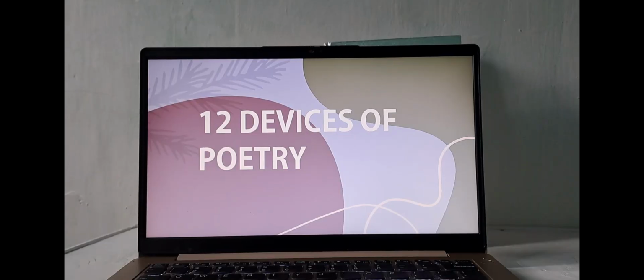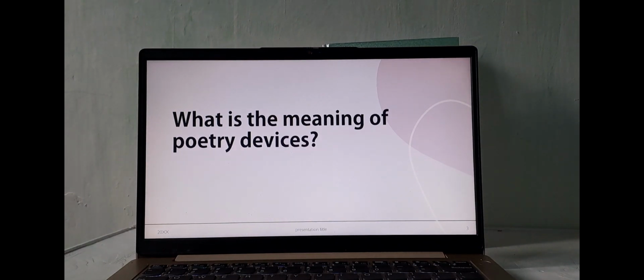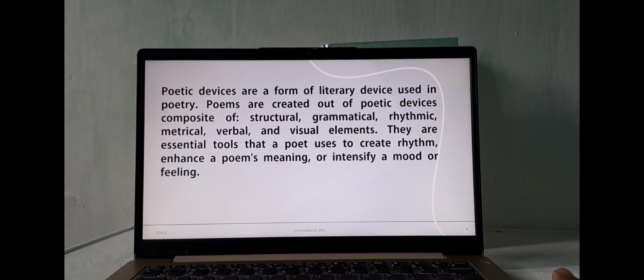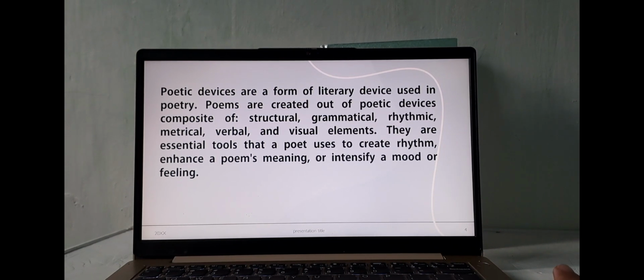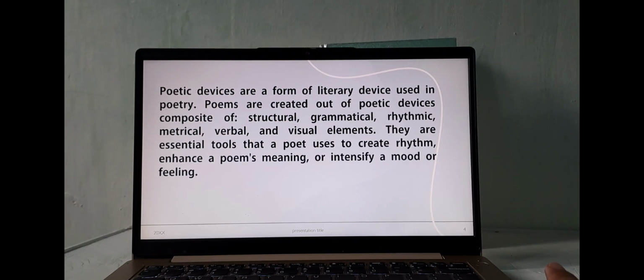I will explain the material about devices of poetry. Number 12. Devices of poetry. What is the meaning of poetry devices? Poetic devices are literary devices used in poetry. Poems are created out of poetic devices composed of structural, grammatical, rhythmic, metrical, verbal, and visual elements. They are essential tools that a poet uses to create rhythm, enhance a poem's meaning, or intensify a mood or